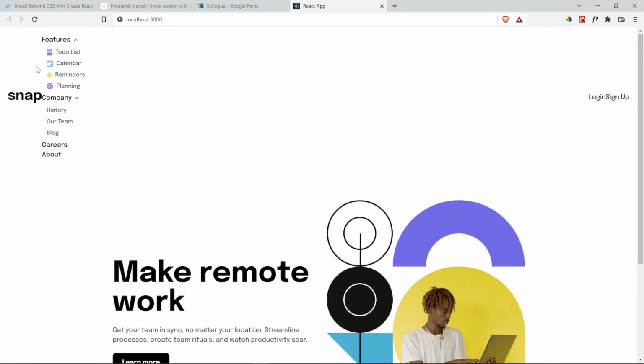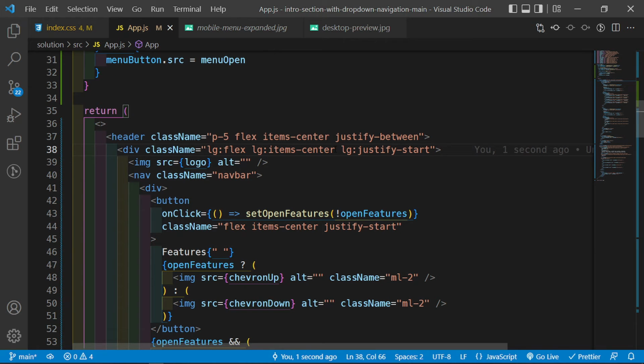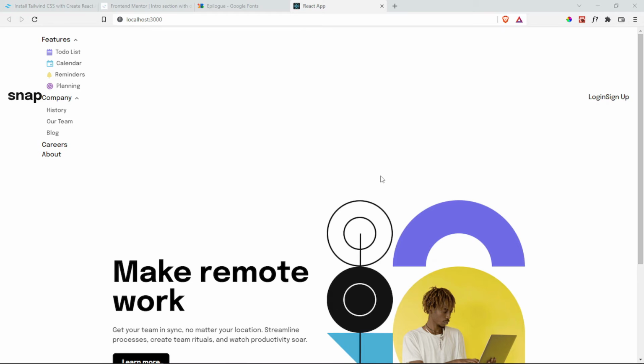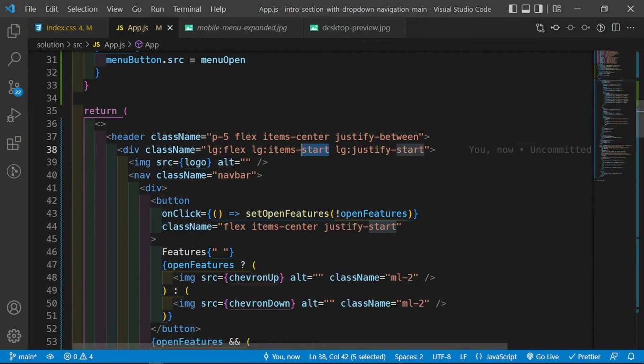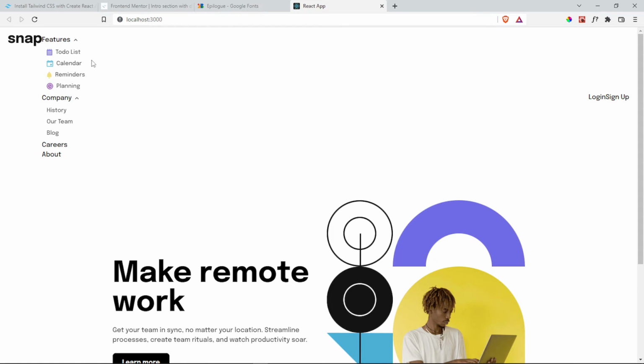Okay, so that is going to go there, and not item center. What am I doing? This should be item start. Okay, and probably it's going to be item center, but we're going to find out in a moment. Okay, now what we need to do is for large screens, once again,